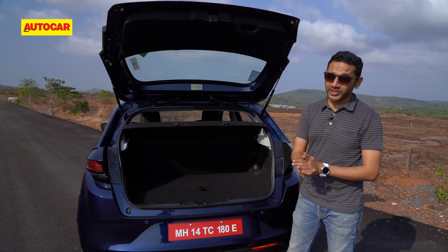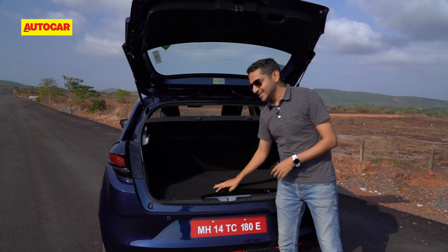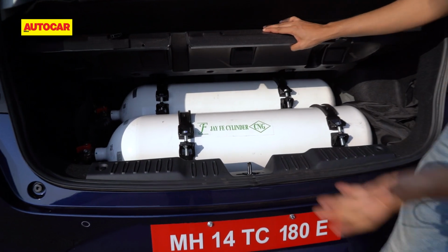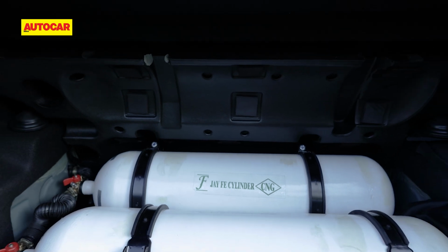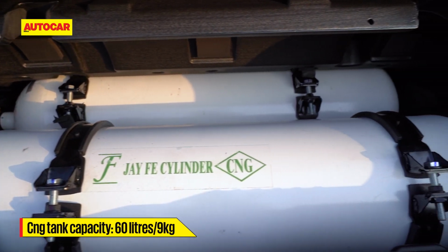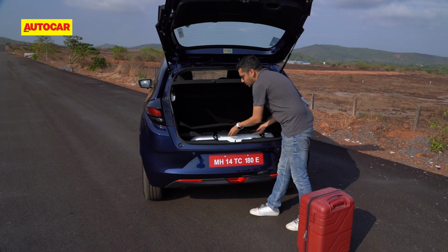And it's more than most CNG cars have because they are usually full of one giant CNG tank. How have they done it? Well, they split the big CNG tank into two smaller CNG tanks, and they are 30 and 30 litres each for 60 litres in total. And if you're wondering, with all this,